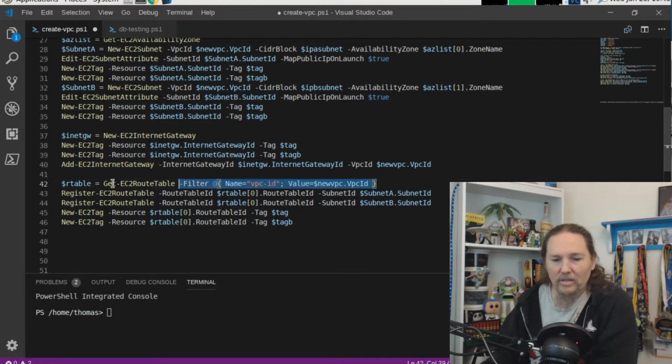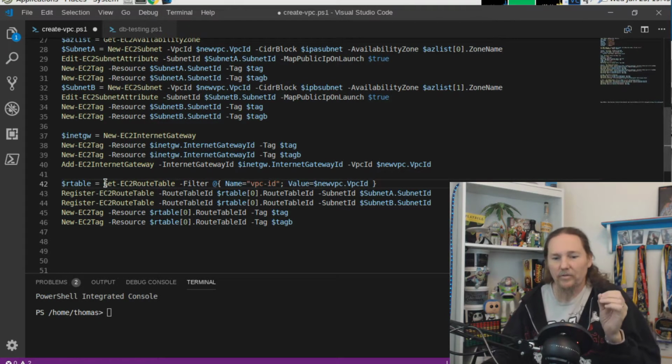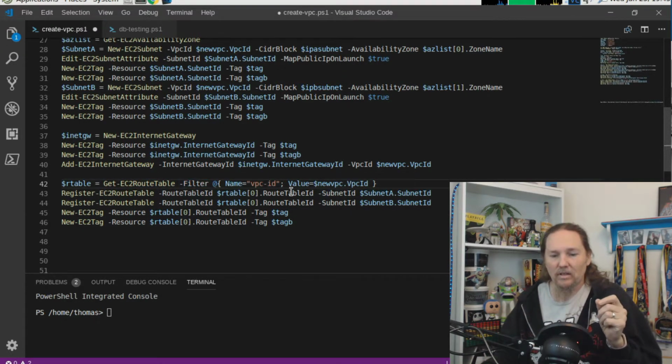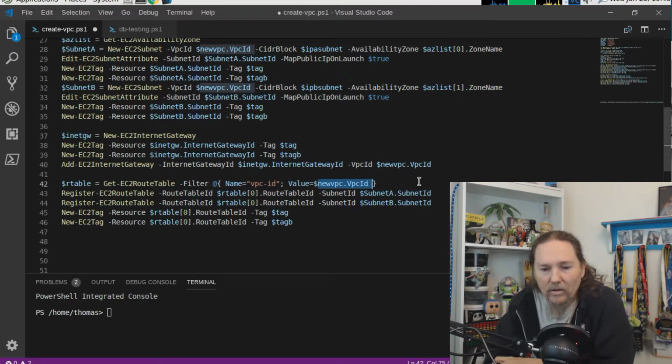We get my EC2 route table, and here we have to filter. So we need to filter on the VPC ID. That's our VPC. If you have more than one route table, you need to get the correct route table. So we filter that based on our VPC that we just created. Okay. So now we're registering to the EC2 route table